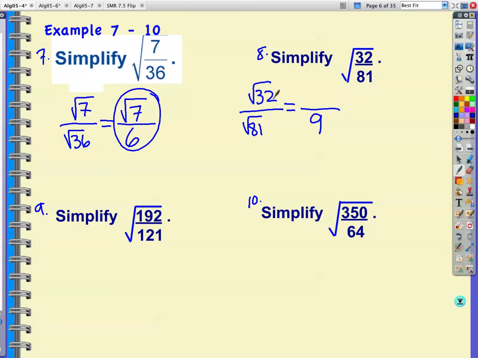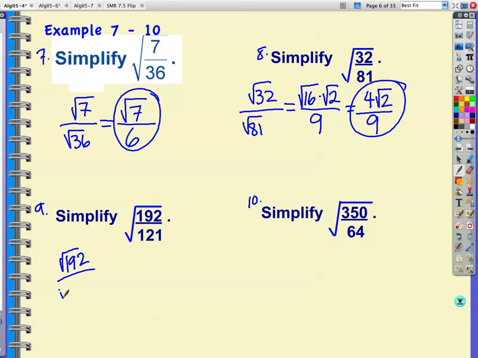Okay, is there a perfect square number that goes into 32? Yeah, a lot of you might say 4. Well, 4 is not the largest one, and you have to find the largest one. So I'm going to go with 16 and 2. All right, square root of 16 is 4. You still have a square root of 2, and you still have this 9. Double check. Does 4 and 9 reduce? No, so I'm done. All right, square root of 192